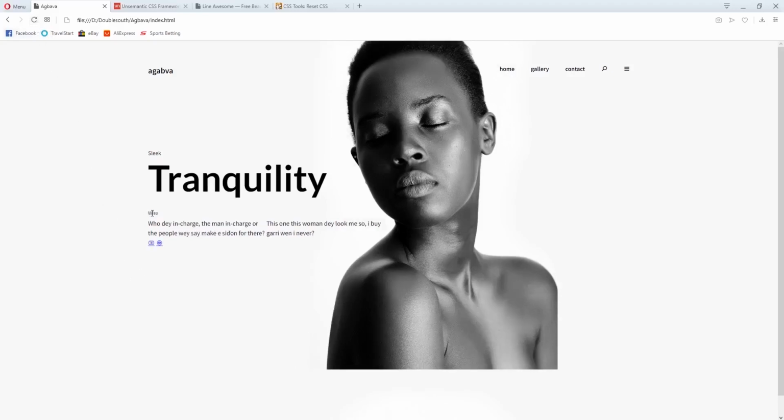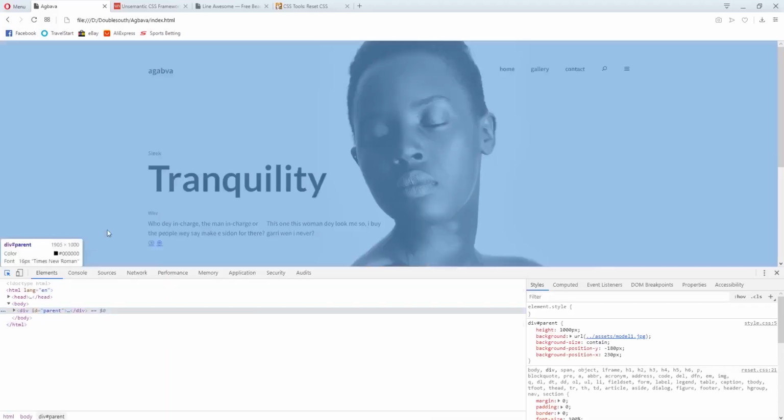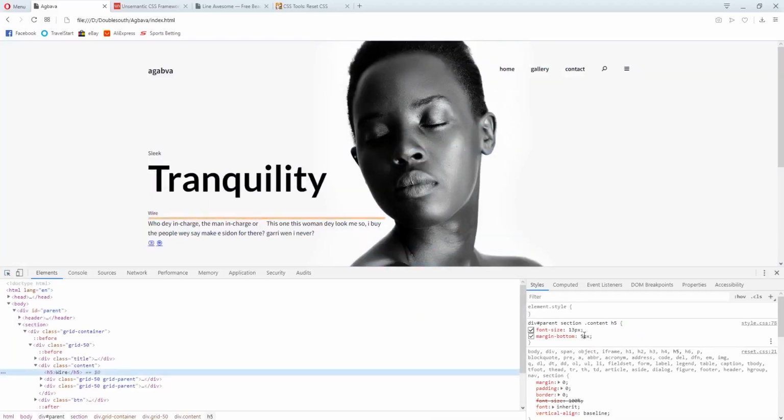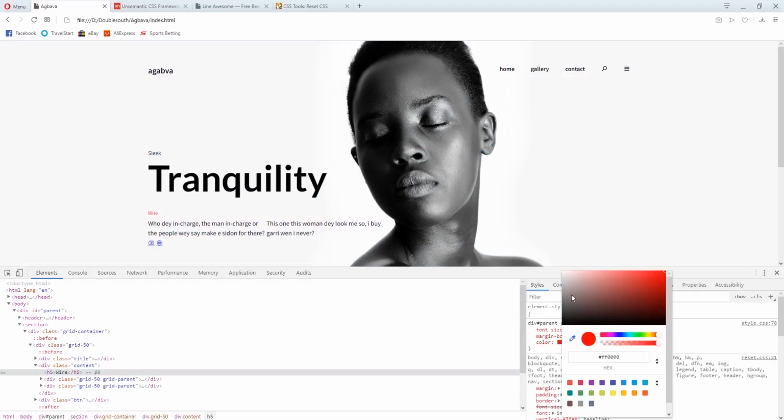Alright. But this color, I said the color is changed. So what I will do is inspect, select, and I'll just say color red. If we click on this red, it brings out a color picker for selection. I click this one, I like this one.